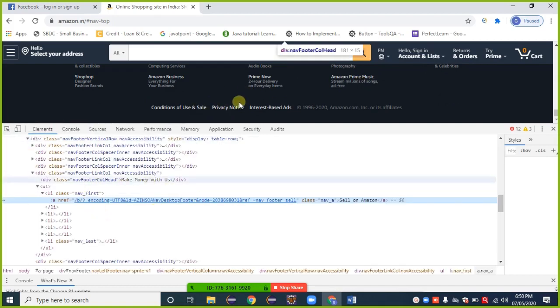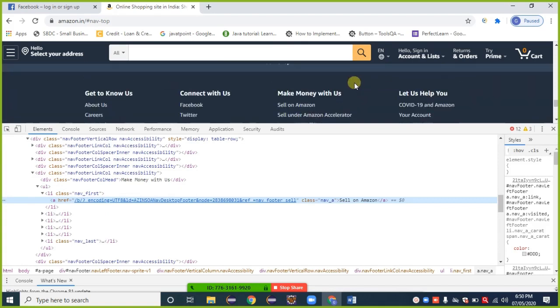Here observe that. I inspected a web element here, Sale on Amazon, this web element, and the cursor gets highlighted here. Okay. So for that purpose I can go with the link text also, I can go with the partial link text also. Also here class is given, I can go with the class also.